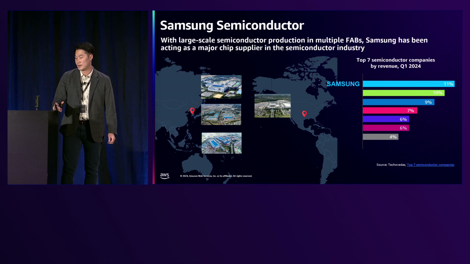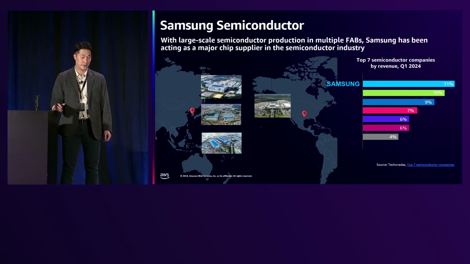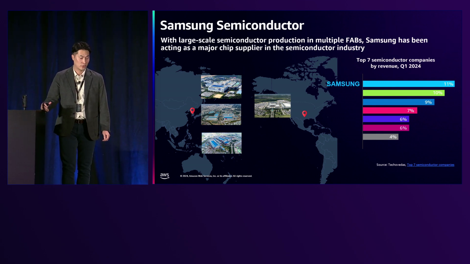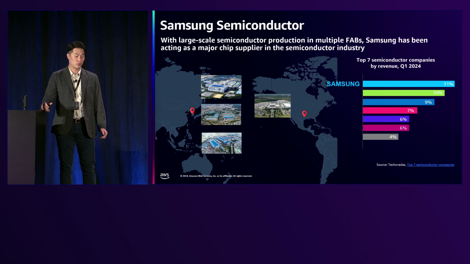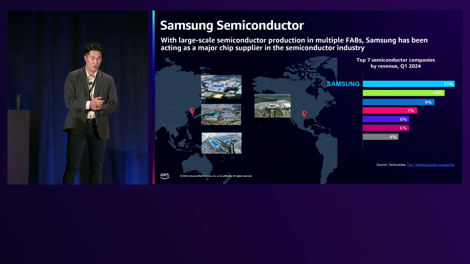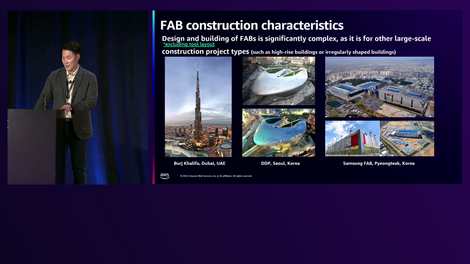We have been building fabs in many countries and have been a major supplier in the semiconductor industry since 1983. According to a report for 2024 Q1, Samsung Semiconductor was responsible for 11% of global semiconductor production. However,